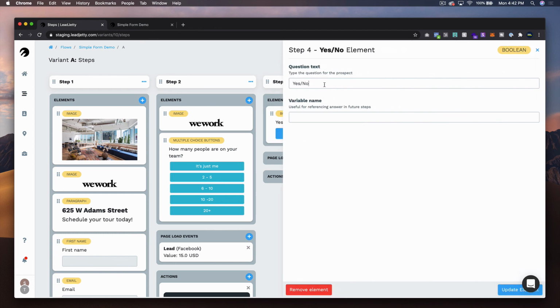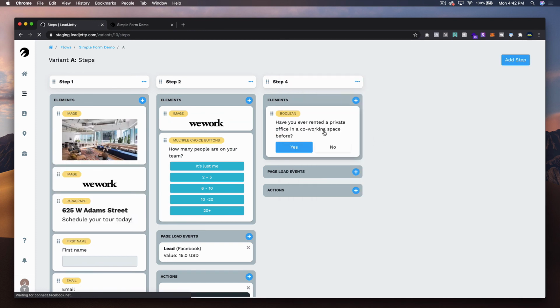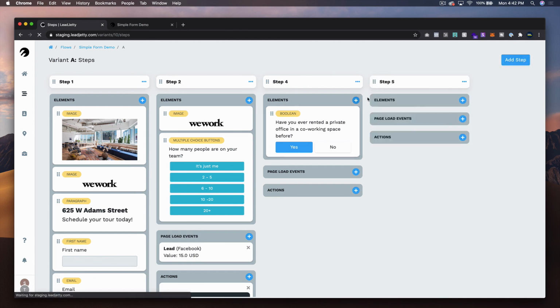And instead of yes/no, I'm going to say something like, have you ever rented an office in a co-working space before? Maybe we actually want to know, have you ever rented a private office in a co-working space before? Something like that. So that's going to give us a little yes, no. And again, we could build out more actions on top of that. And let's do one more,